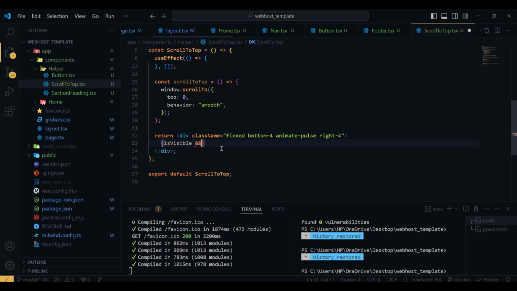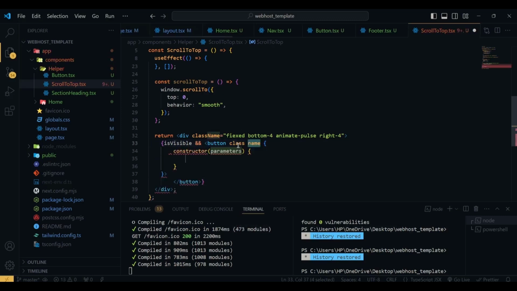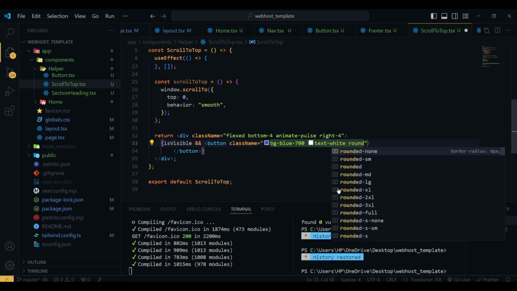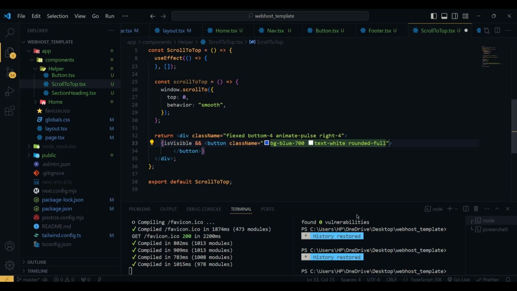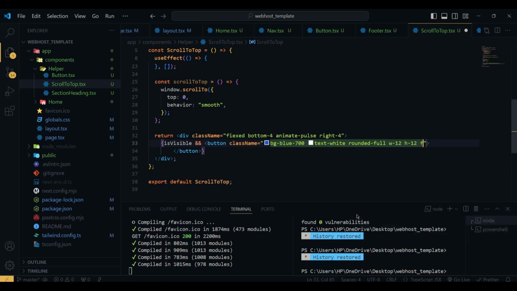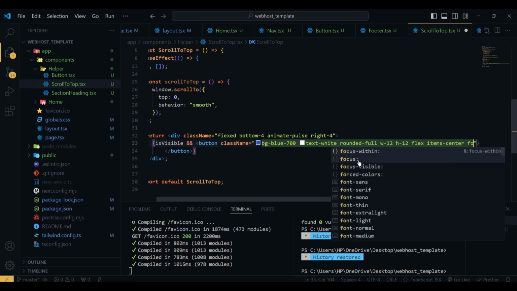So if it is visible state is true, then we are going to add a button, and the button here will have a class name of bg-blue-700, then we have text-white, rounded-full, width 12, height 12, flex, items-center, and in focus